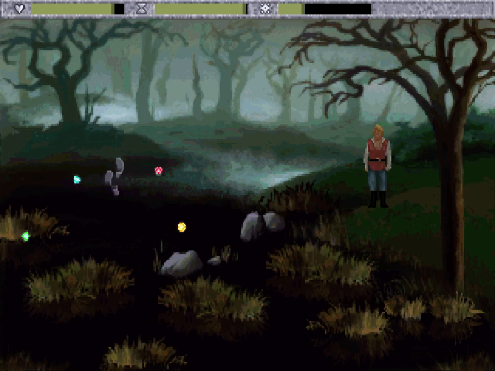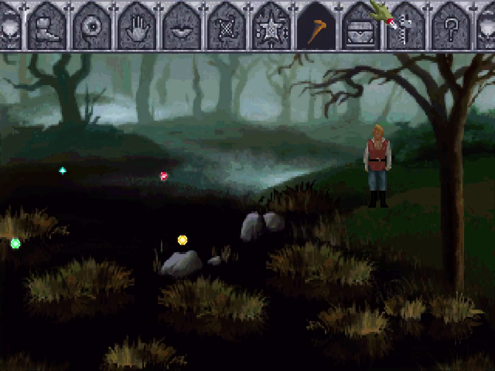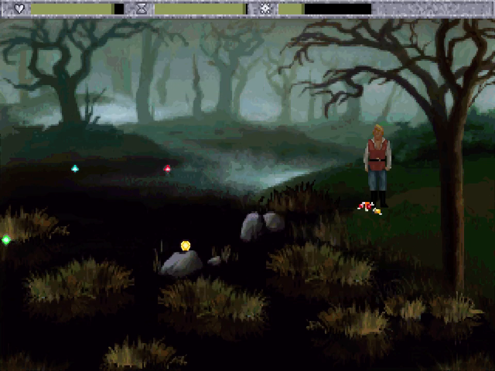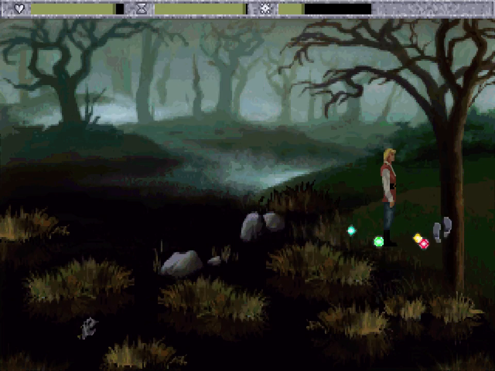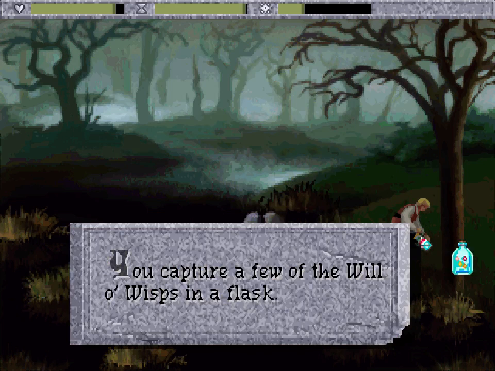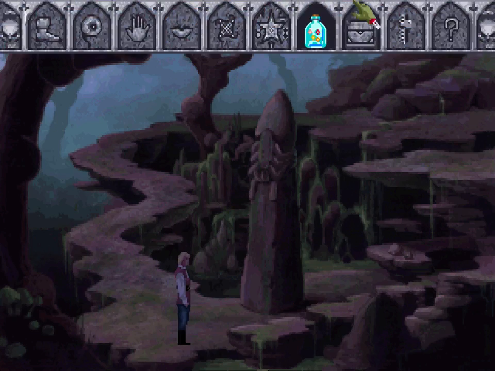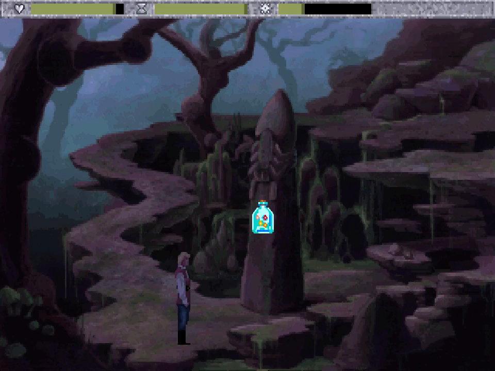Okay, you see these lights? That's actually will-o'-the-wisps. They're the souls of dead children. So, kids like candy. Okay, let's put some on the ground. Carefully placed. They're gonna come up over here and get a jar and collect them. You capture a few of the will-o'-wisps in a... Okay. This will only be revealed by the light of the dead children's souls or something like that, so there we